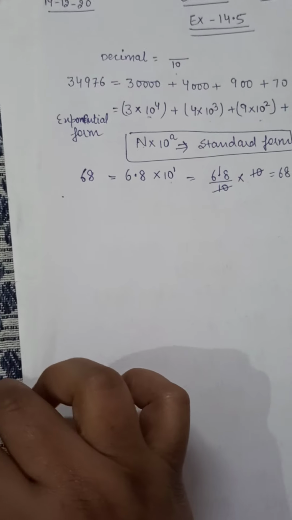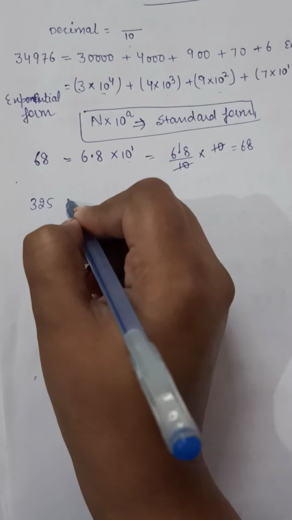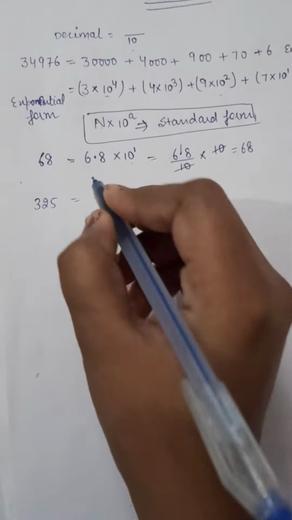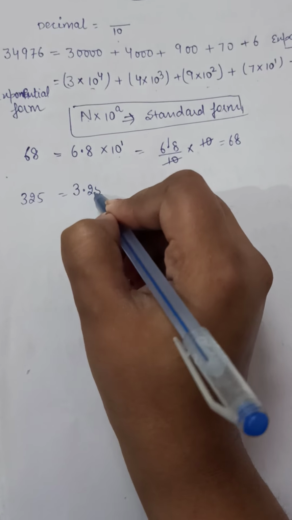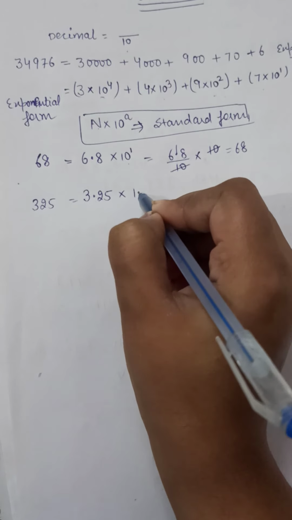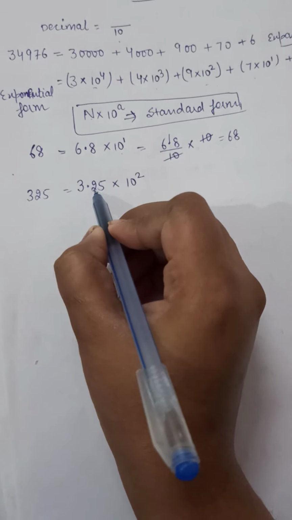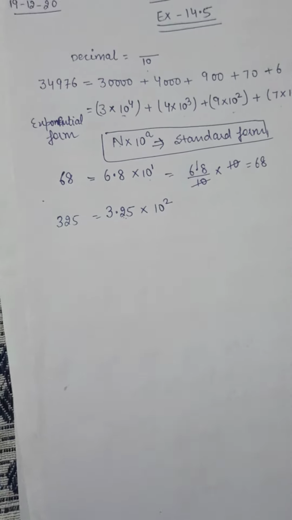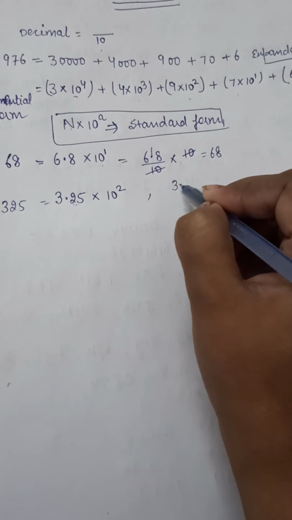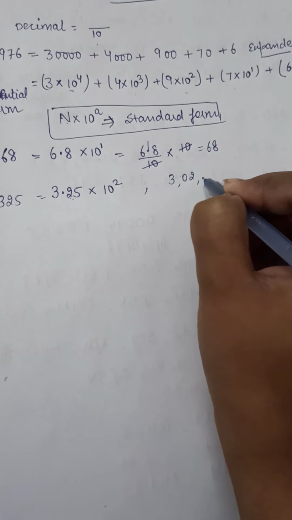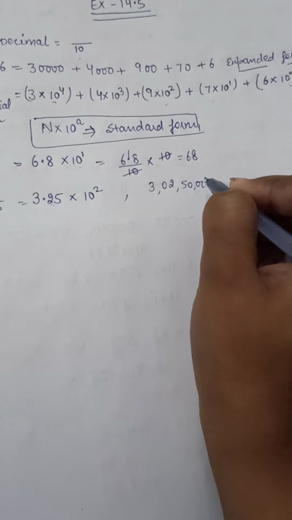It means if the number is like this, 325, I will write here 3.25 multiply with 10 to the power 2. After the decimal, how many numbers are there? 1, 2. So 10 to the power 2. If the number is like this, 3 crore 2,50,000,